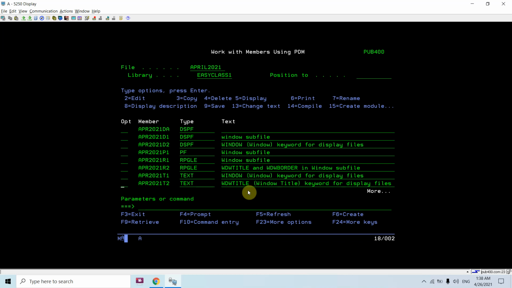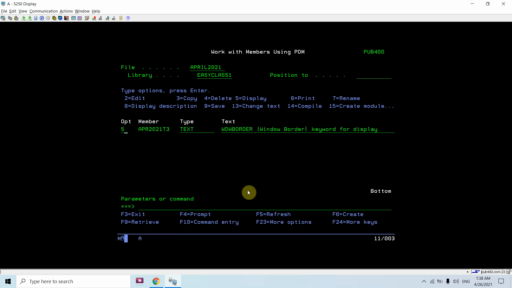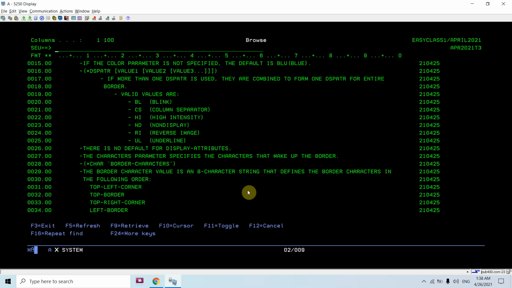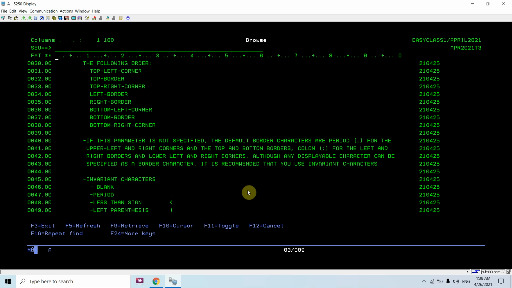But if I do not specify this, the default would be dot for the upper left and right corners, colon for the top borders, and the left and right borders, and the lower left and right corners.